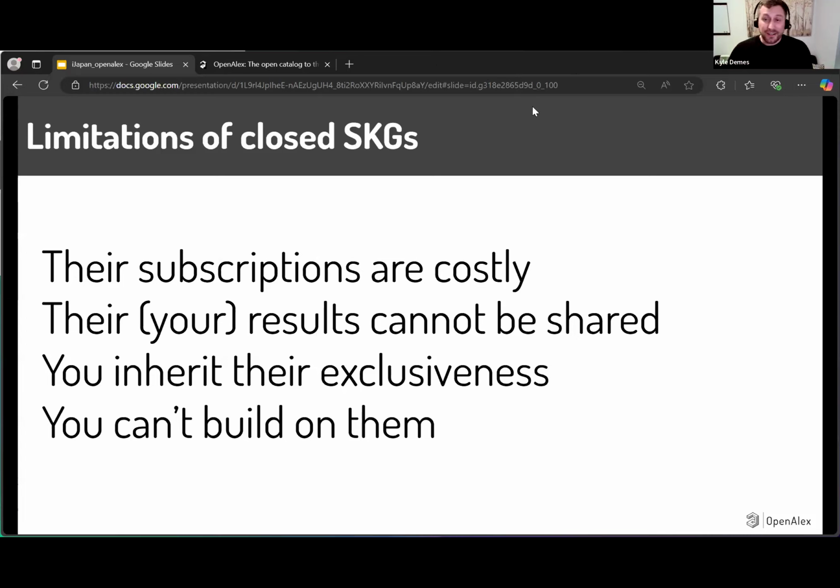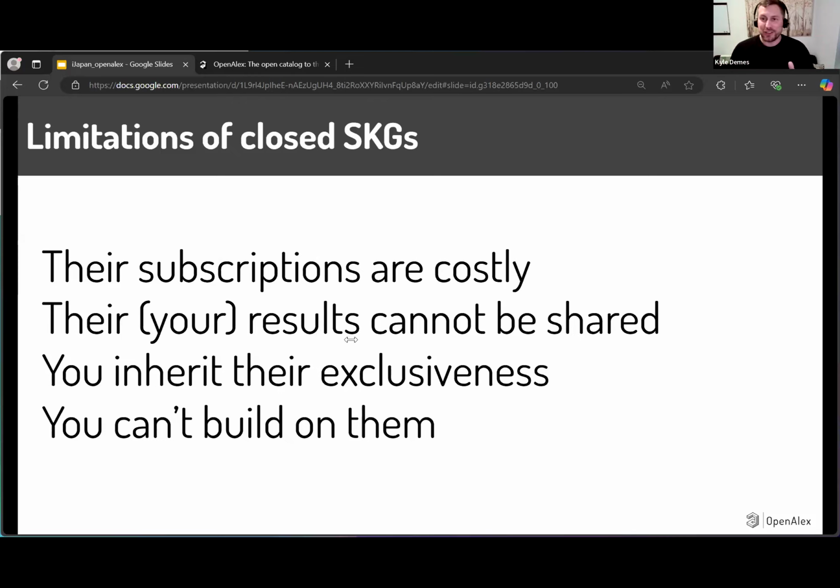But really importantly, you inherit their exclusiveness. If Scopus doesn't index something, if Web of Science doesn't index something, there's nothing you can do to add that data to those databases. You can ask them to add it, and there is a process, but it's very difficult to do that under most circumstances. You can, however, if you don't want all of the things in OpenAlex, filter to just a subset that you want. So that's something worth knowing about. You also can't build on them. So you can't build your own tool or derivative process. And I want to thank the previous speaker for that slide that showed the user group meeting of all of the great things that people are doing with OpenAlex data because it's open.